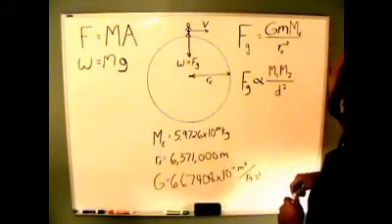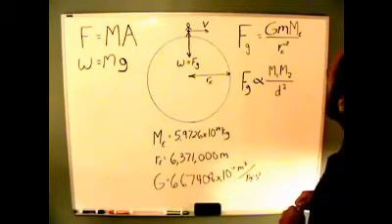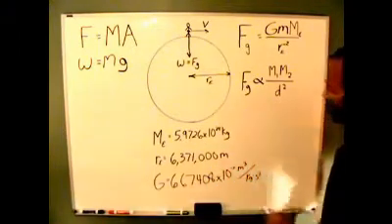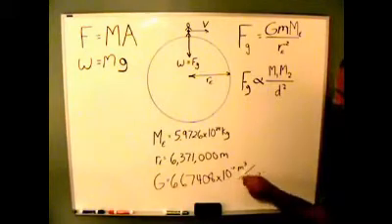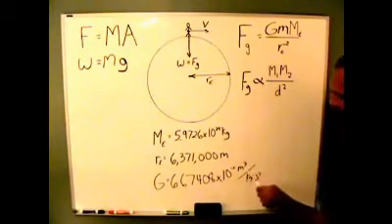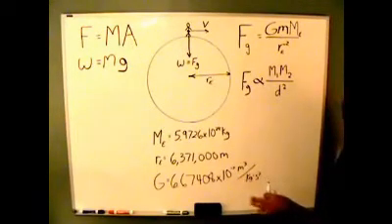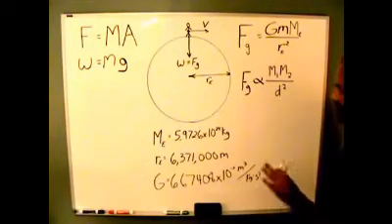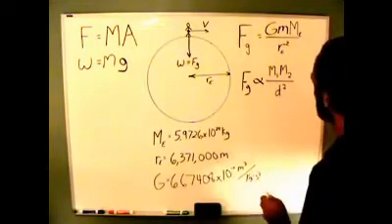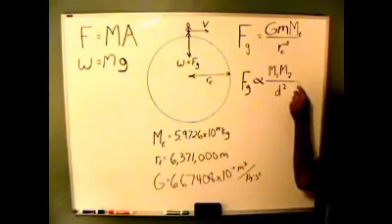And he didn't know how to determine that, but he did know that the units would be what we have right here, meters cubed over kilograms times seconds squared. Now, he might not have been using the metric system then. I haven't actually looked into that, but he would have been using something similar. So I'm just going to assume that he used metric units,